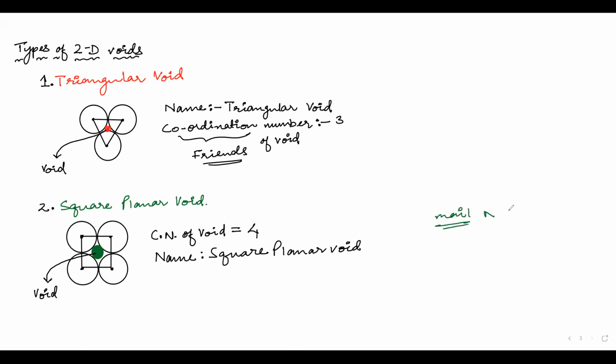Yes, please, sir, mail NCERT. Okay, don't tell me, I won't be able to help. Please mail NCERT: sir, please add this void in your book. They have stated only 2 voids.